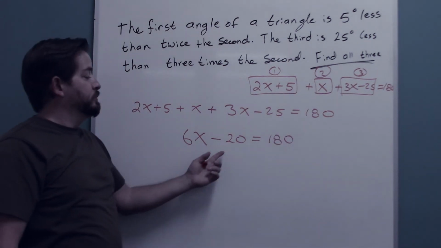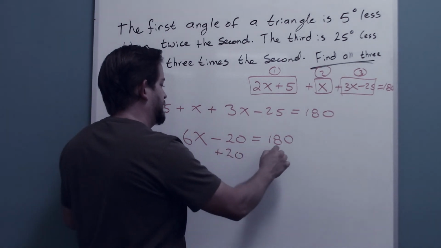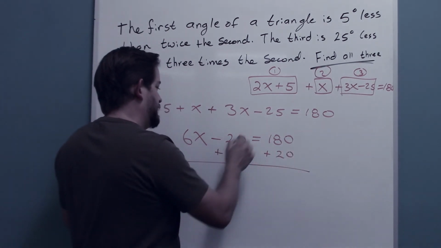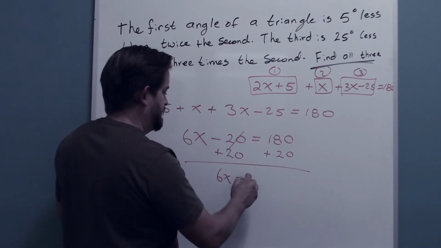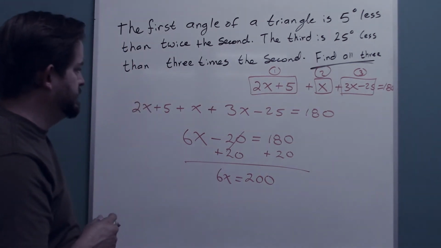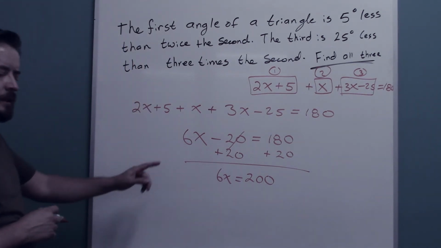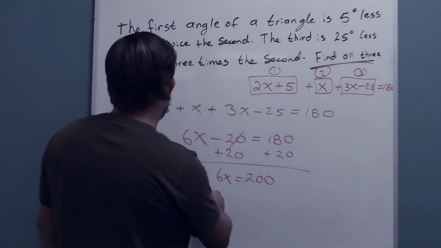If I use the addition principle, I can add 20 to both sides. That gives me 6x equals 200. And then if I divide each side by 6,